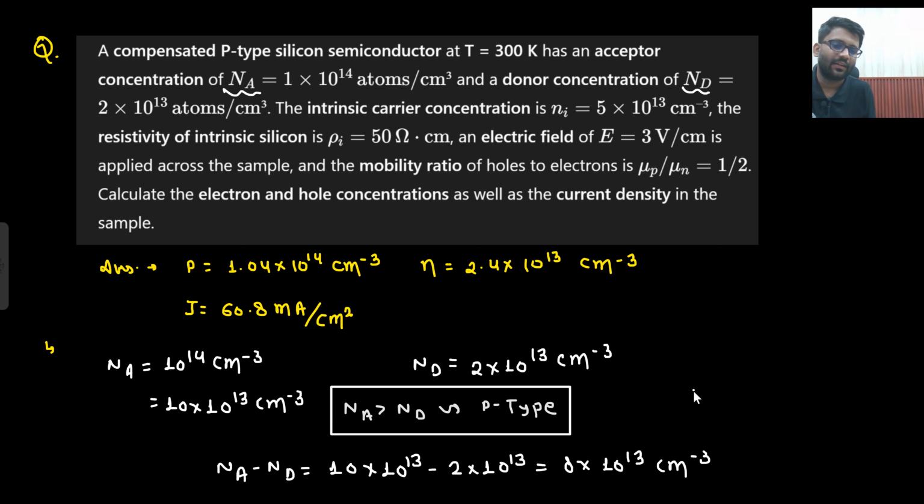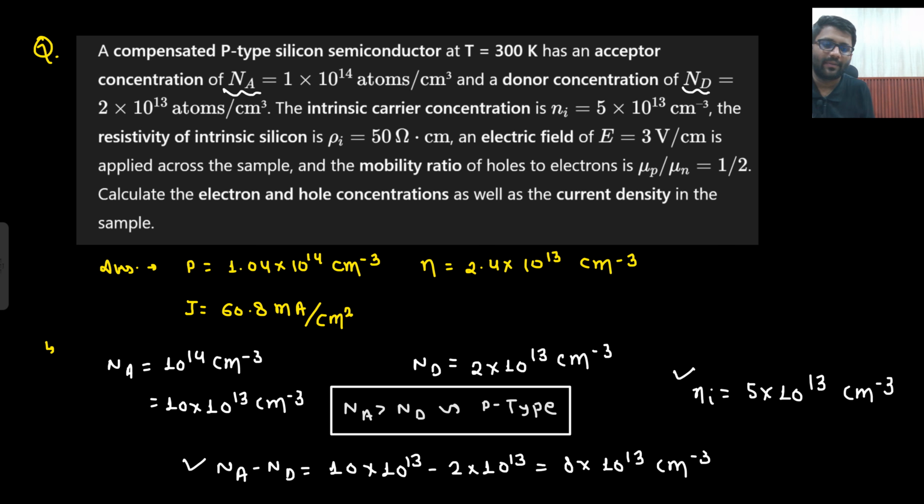And what is the value of Ni? Ni is 5 into 10 to the power 13 centimeter cube inverse. So again the values are comparable, right? What all things are given? Intrinsic carrier concentration, all these things are given. Electric field is given. So first let's find out the electron and hole concentration. For finding out electron and hole concentration, this is something I require and this is something I require. My job is done. So I can find out the hole concentration by my formula Na minus Nd by 2